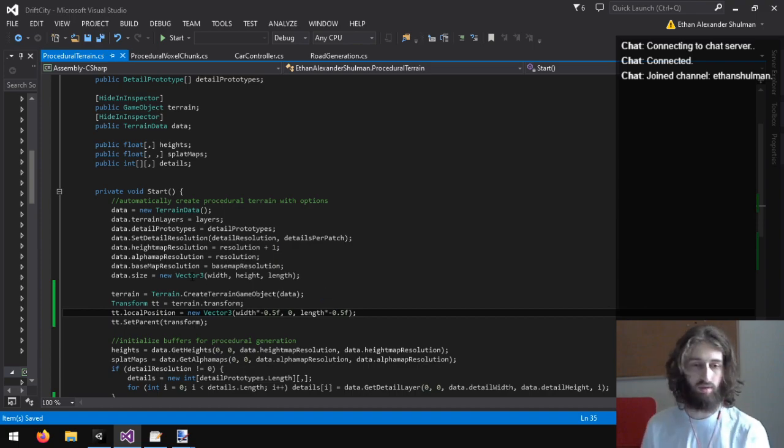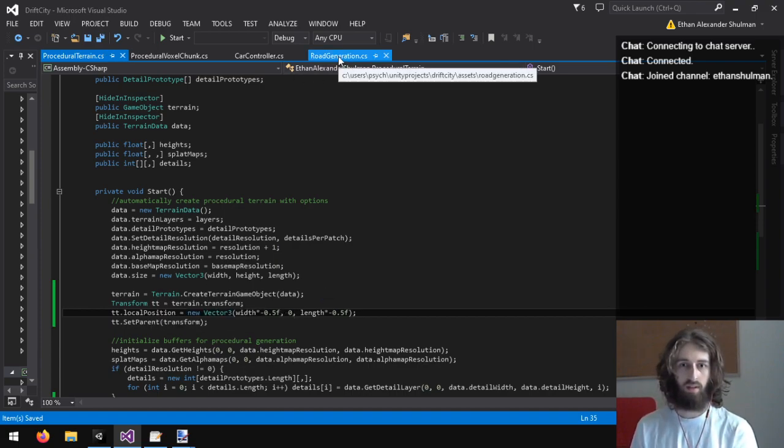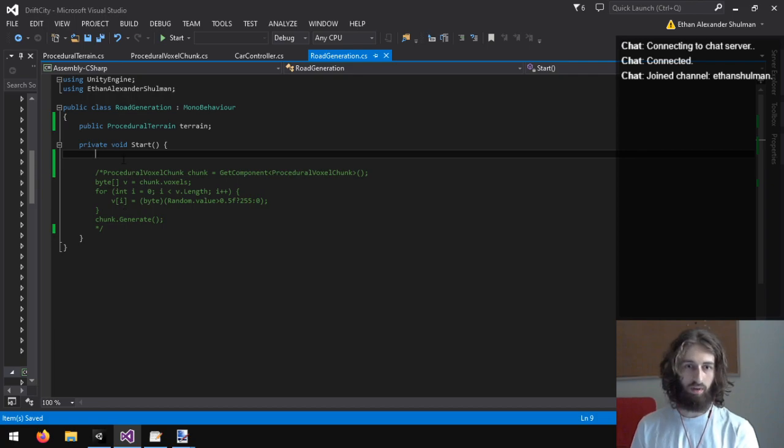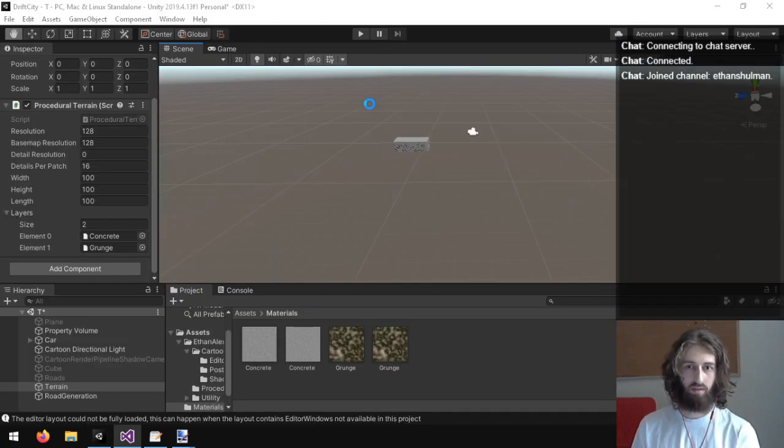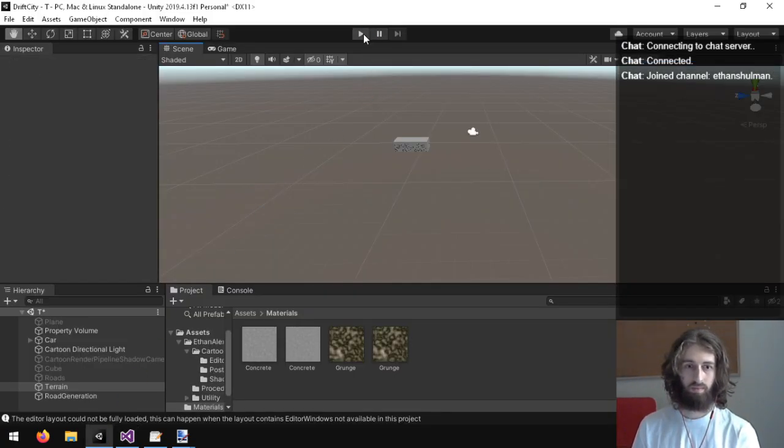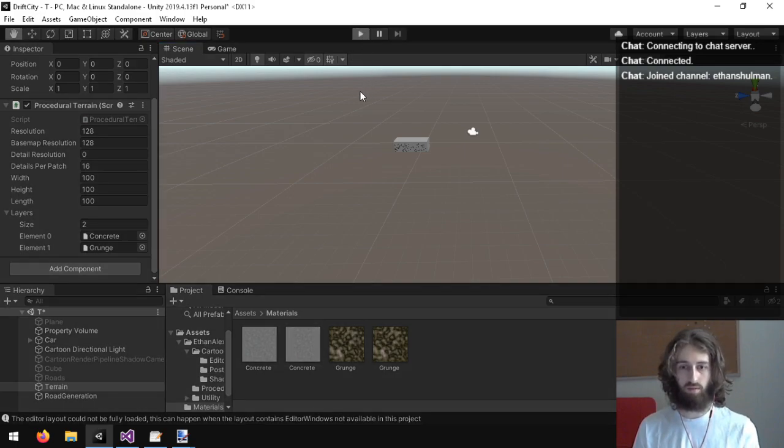See if this works, makes it centered, and then we'll look at actually placing or designing the terrain.